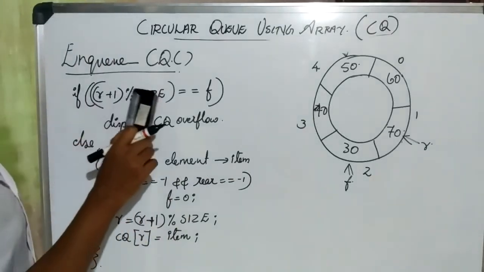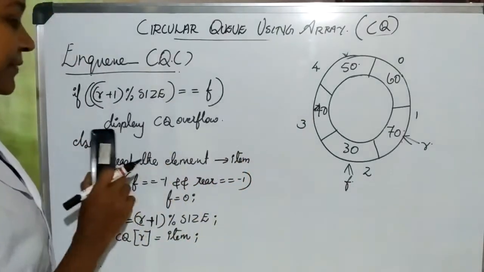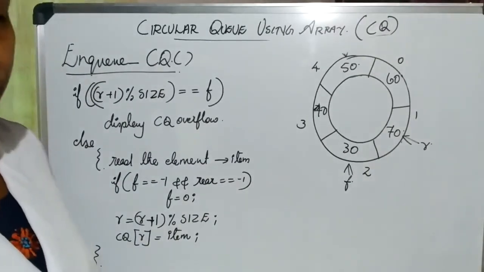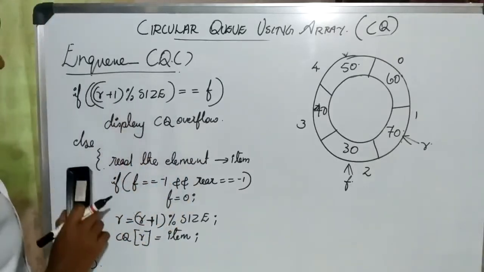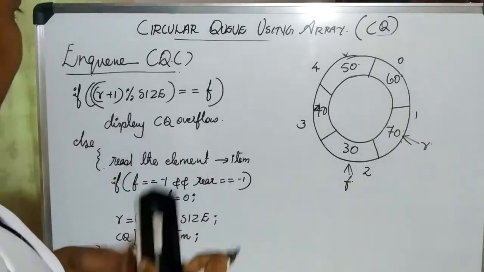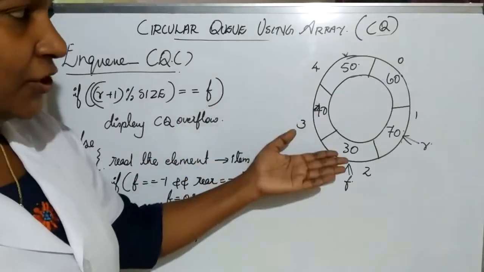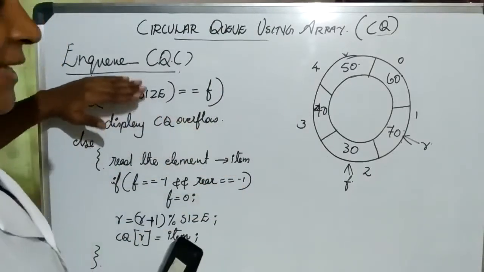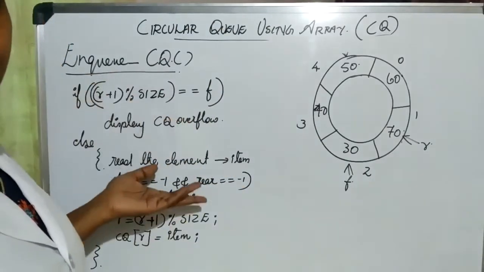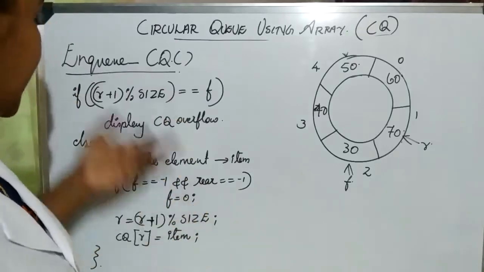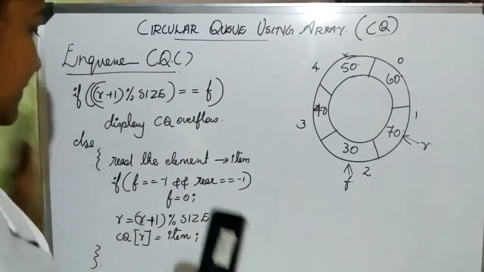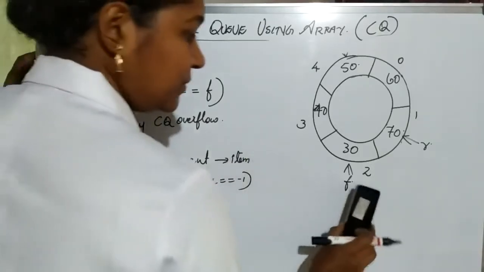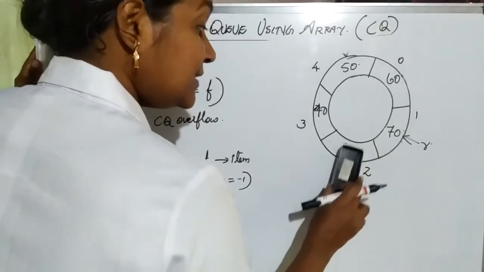So that is what our CQ overflow case is. That is, if (rear + 1) mod size is equal to front, then we can say the circular queue is full, or CQ overflow. Okay. And in the else case, we are considering 2 cases in an NQ, whether the insertion is possible or not. In the first case, CQ overflow, we are not able to perform the NQ. Else means insertion possible, NQ possible. So if the NQ is possible, then again there are 2 cases.